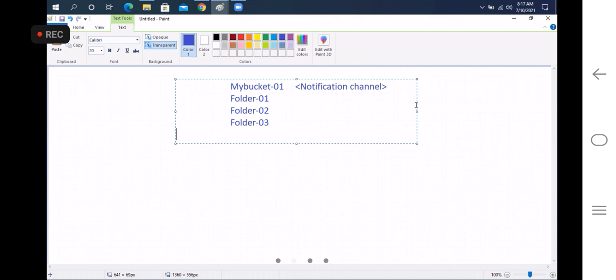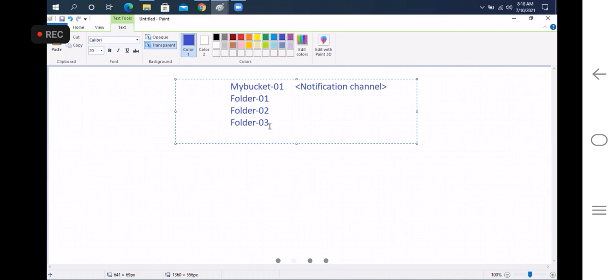Like that, I have a number of folders. If I configure a notification channel, one notification channel is sufficient for one bucket. For the entire bucket, one notification channel is sufficient. If you give more than one notification channel, what will happen is,